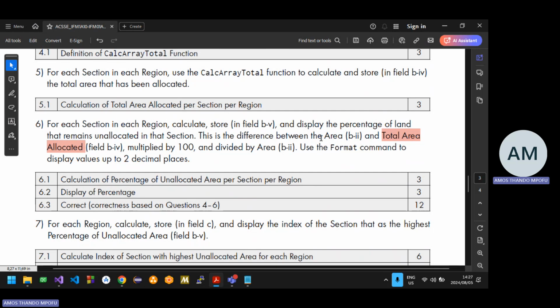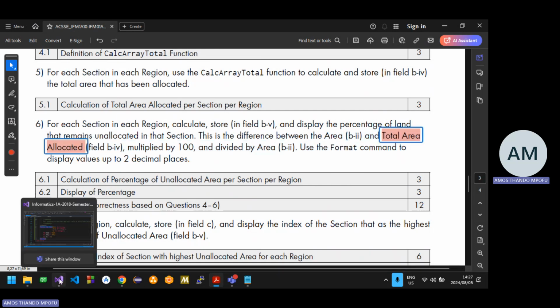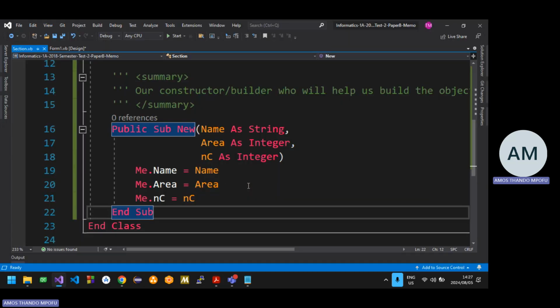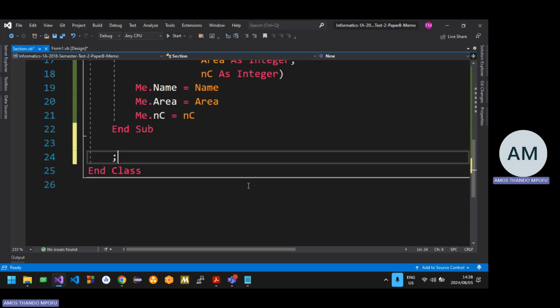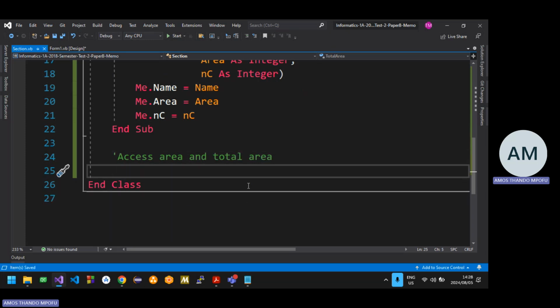This is the difference between this and that. So you see, we are accessing area and total area, right? So we're accessing those two. With total area and area, let's create property methods for those because we are 100% sure what they need to do. We need to access area and total area. You can ignore all of this and just declare both, and you should be able to access them, but